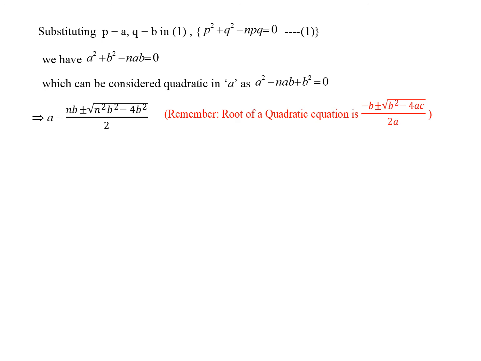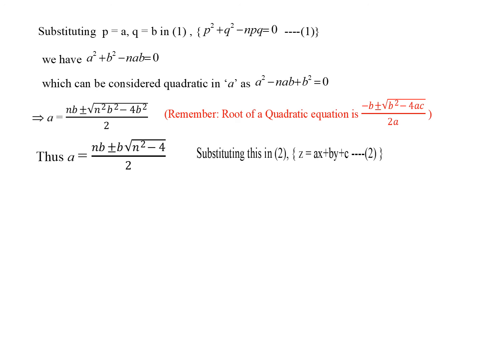So using this formula, we have here A equal to N into B plus or minus root of N squared B squared minus 4ac. The coefficient of A squared is 1, into c, where c is the constant term, that is the last term, which is B squared, divided by 2a, where a is again the coefficient of A squared, which is 1. So from here we can simply solve: N into B plus or minus B can be taken out from the square root. So you have it like this.